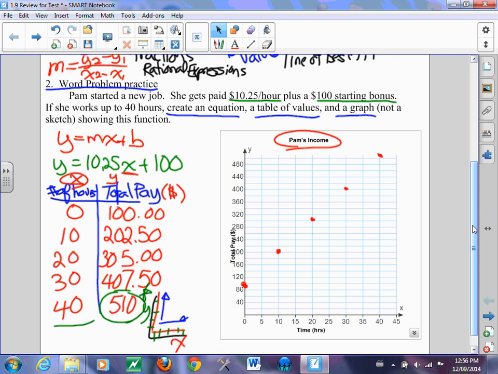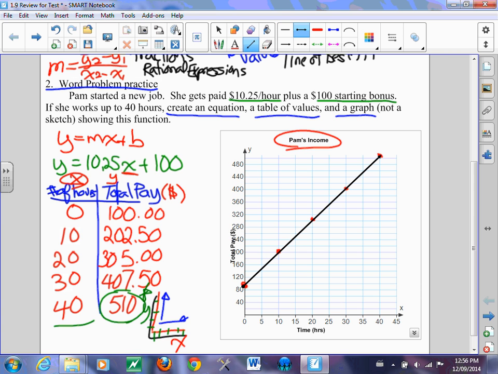All right. Now, ladies and gentlemen, you've got your data. Do you draw a solid line or leave the data just like that? I.e., could you work 5 hours? Could you work 7.5 hours? Absolutely. So when you draw your line, you can do a solid line